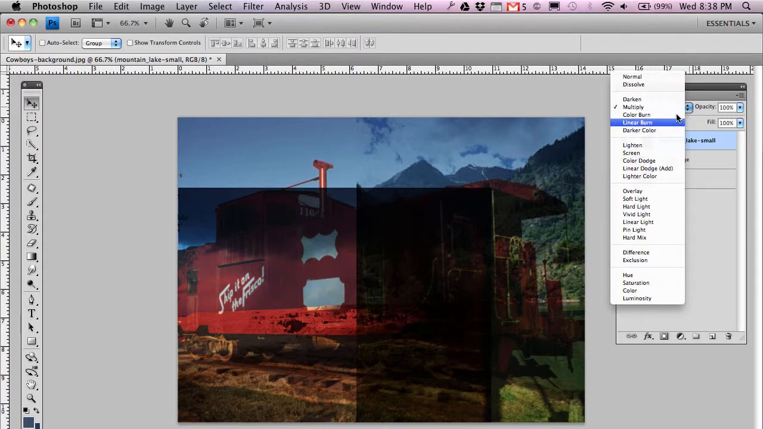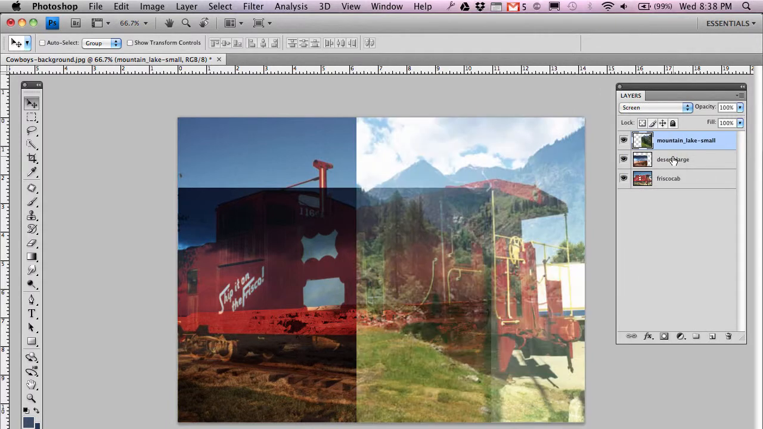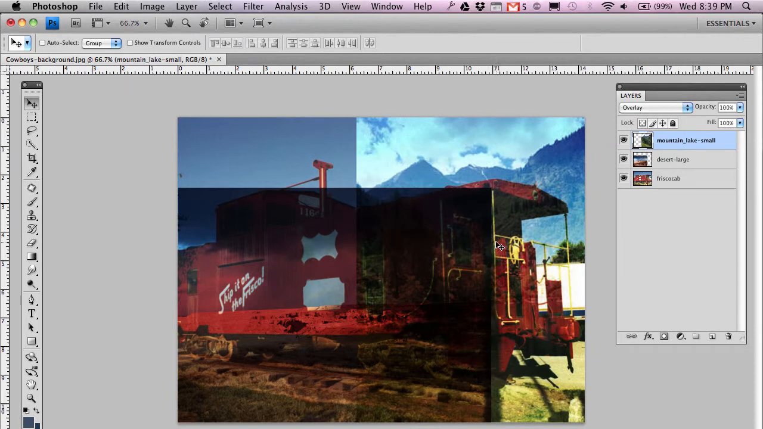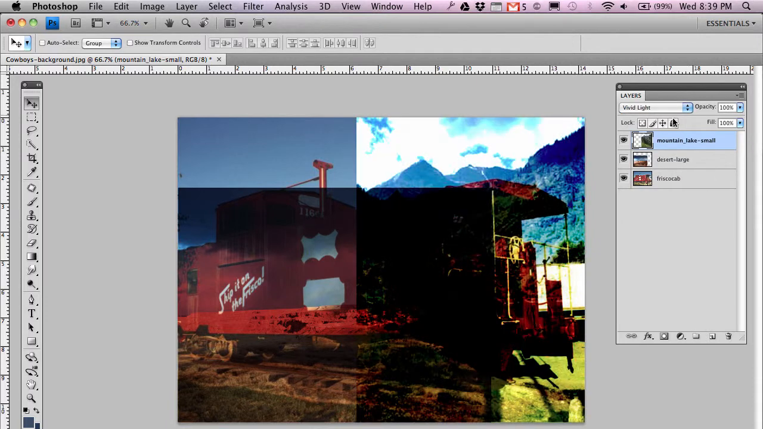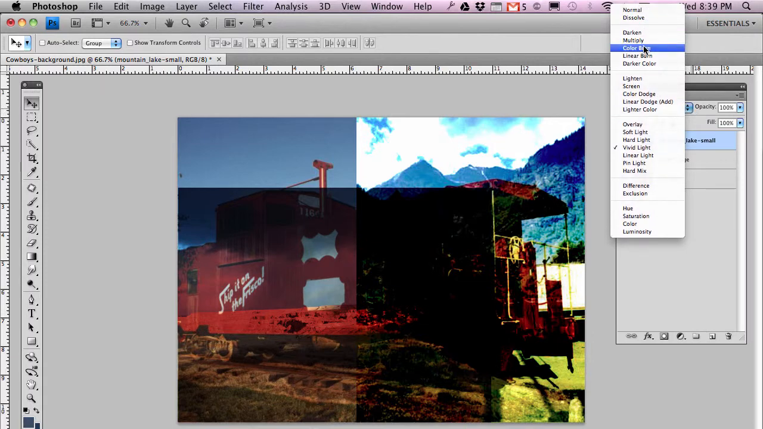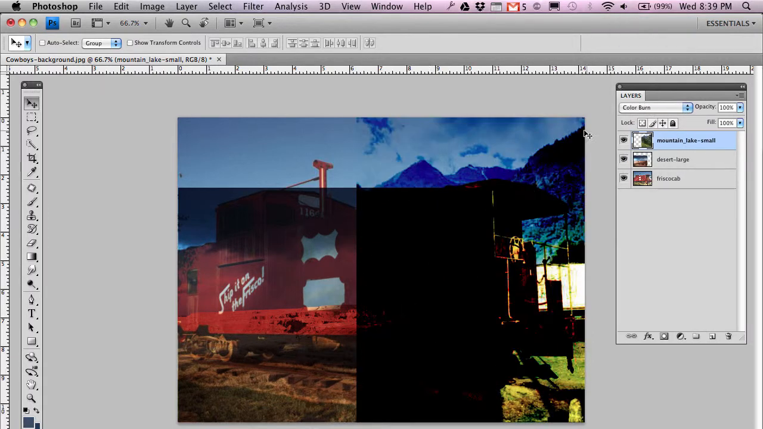And then there's also screen, which actually brightens stuff up, and I applied that to the Mountain Lake. And overlay, which does more of a blending, very similar to what opacity does, but at a greater degree of sophistication. Anyway, the one thing I would suggest is to go through and play with these different blend modes. It gives you a better idea of what they're all capable of and how they can be used